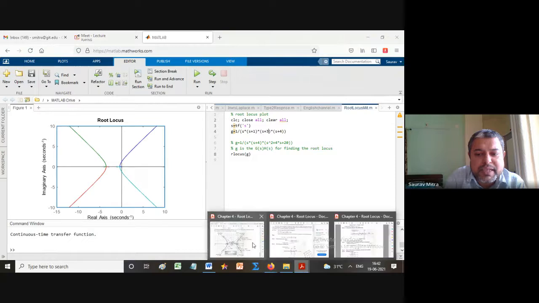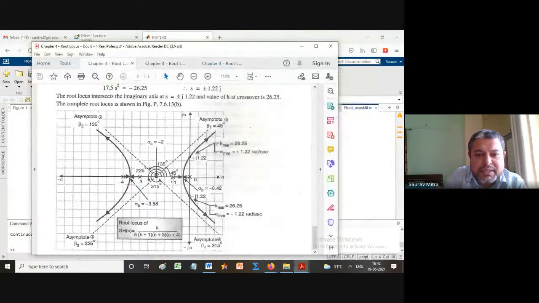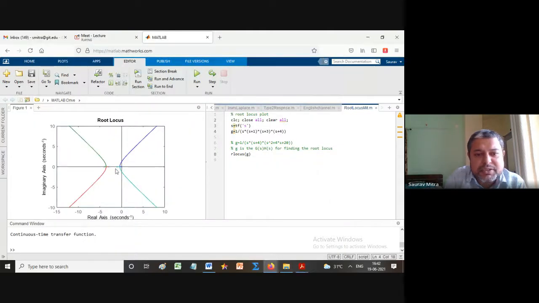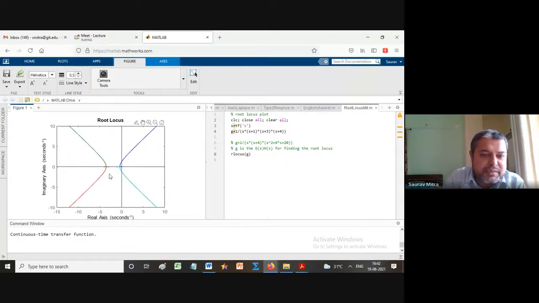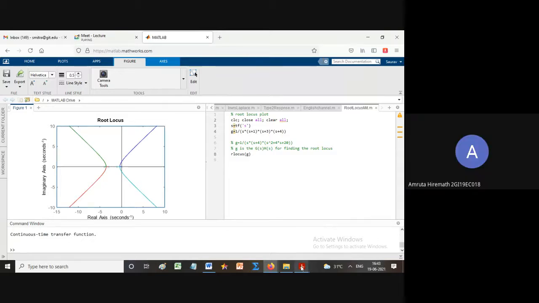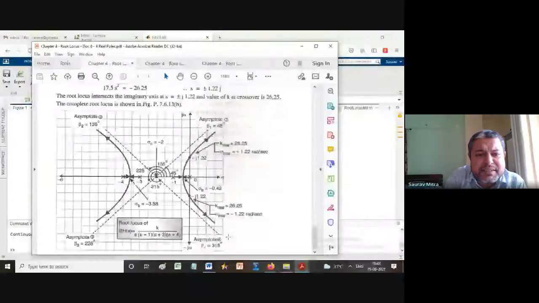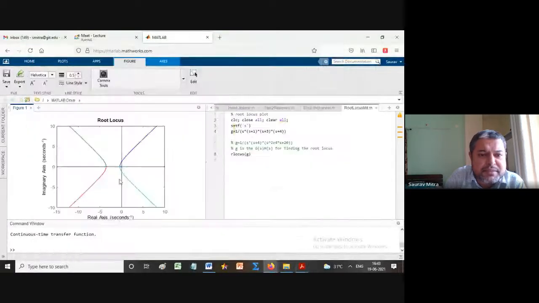So you have to remember this diagram. So this 1 is coming to minus 0.42 and going upward or downward? Again, it is going downward. And 3, from where? Minus 3. Where is it hitting? Where is the breakaway point between 3 and 4? Minus 3.5. Anybody can answer. Just answer that so that we can finish it off. So it is at minus 3.58. Anybody can answer. So it is starting at minus 3 and it is hitting at minus 3.58 and then it is going down.